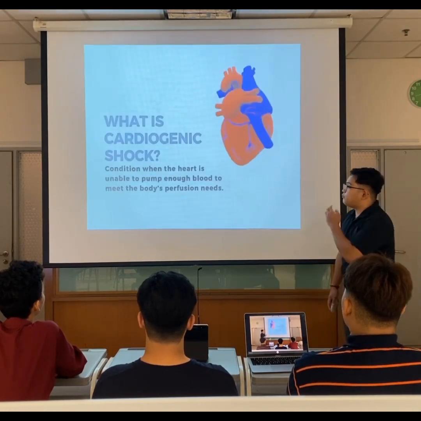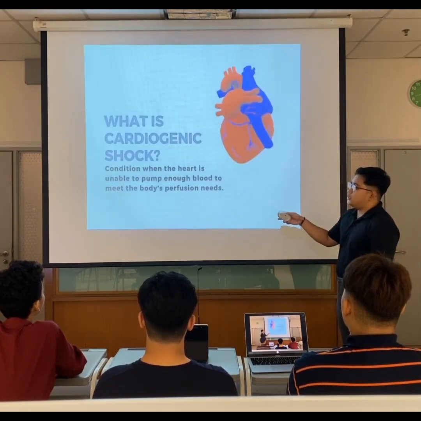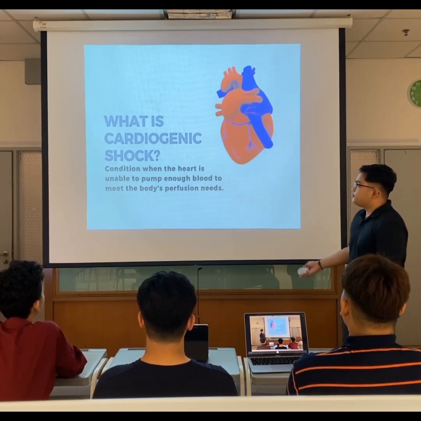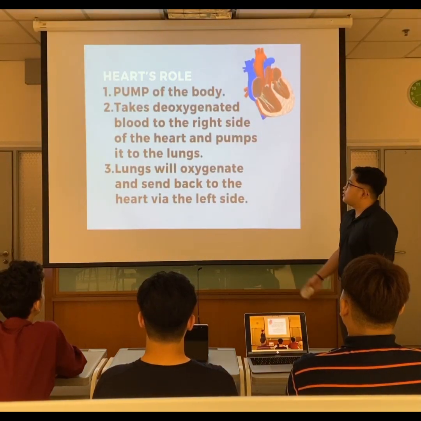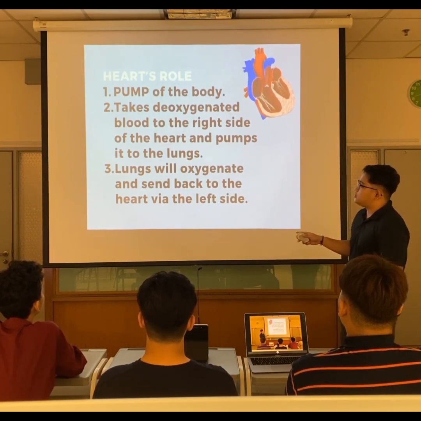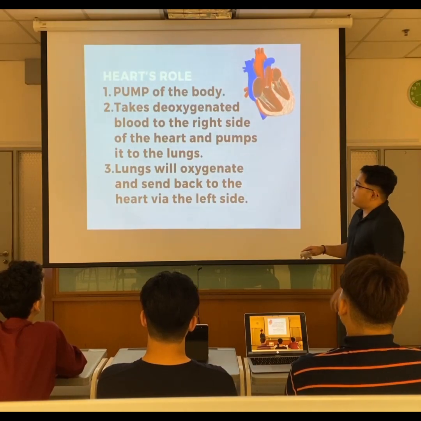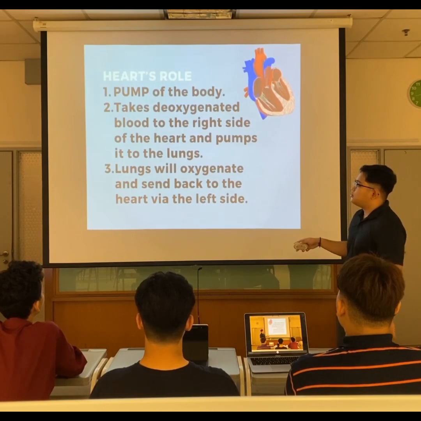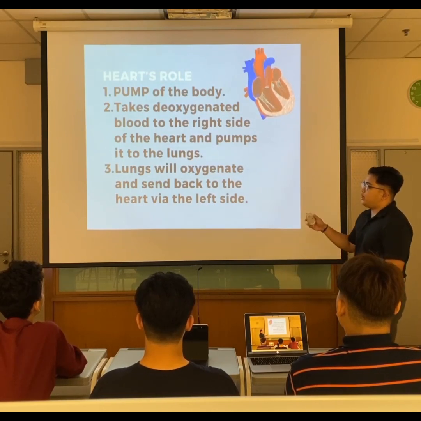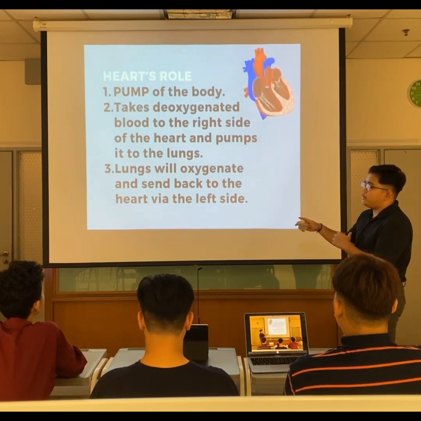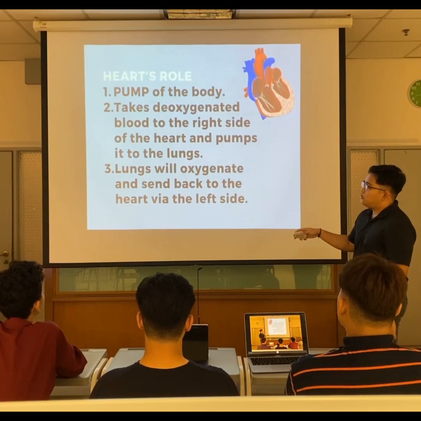Okay, so firstly, what is cardiogenic shock? It is a condition when the heart is unable to pump enough blood to meet the body's perfusion needs. Okay, so then, what is the role of the heart in this situation? Basically, the heart's role is to pump the blood to the body, and it will take the deoxygenated blood to the right side of the heart and pump it to the lungs. And then the lungs will oxygenate the blood and send it back to the heart via the left side, where the blood will be pumped out to the body